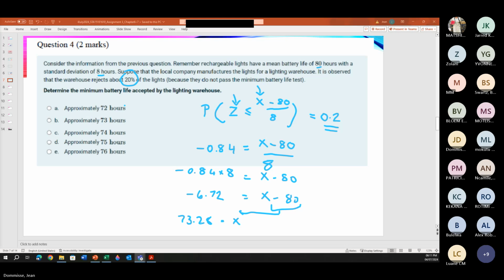But then if I test it and the battery life is 73.1, it should still be. So it will be very interesting what the actual final answer was that they